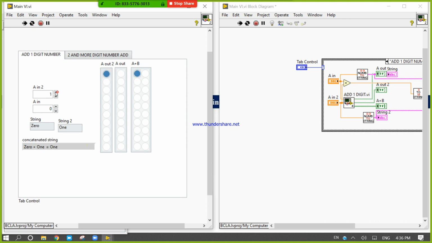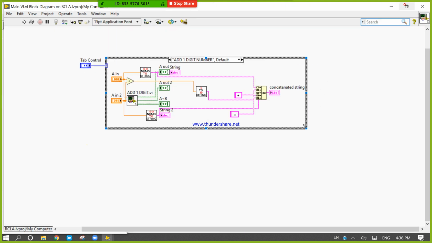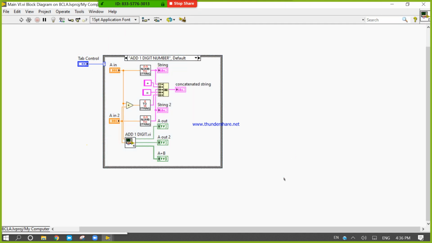If I run 1 plus 1, okay, 9 plus 1 is equal to 10. So you can also design your basic child learning apps like this, for the addition of two numbers.